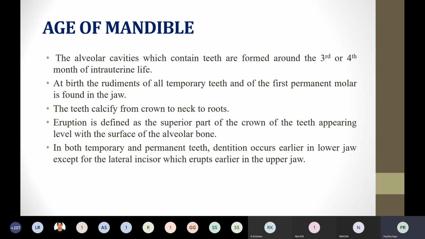So these are the parts of the teeth. Whenever you are examining the teeth, you should know the parts of the teeth. First you have the crown, the upper part of the tooth. Next you have the neck, and last you have the root of the tooth. That is with respect to the external part. Internally, you should know the parts present inside the tooth. First you have the enamel, which is the outer covering of the teeth. Whatever white outer part you see in your own teeth is called the enamel.